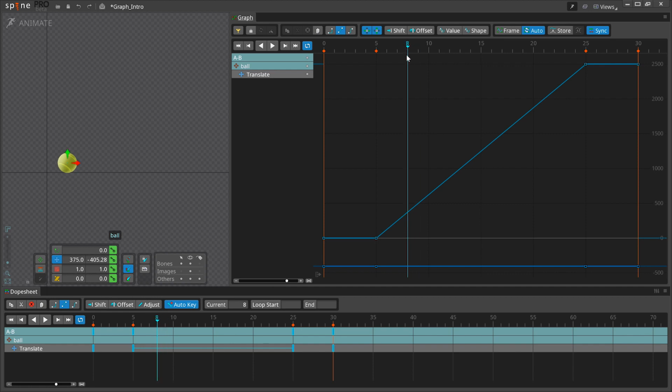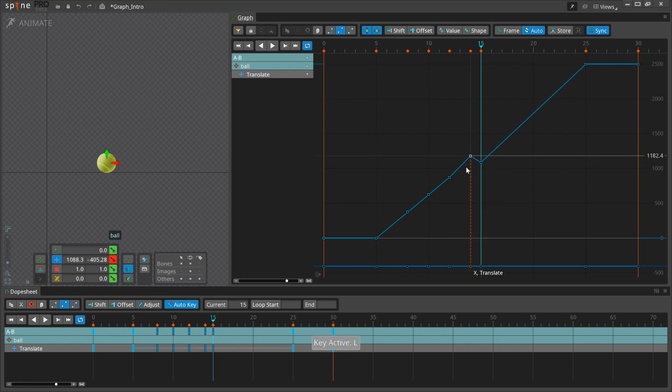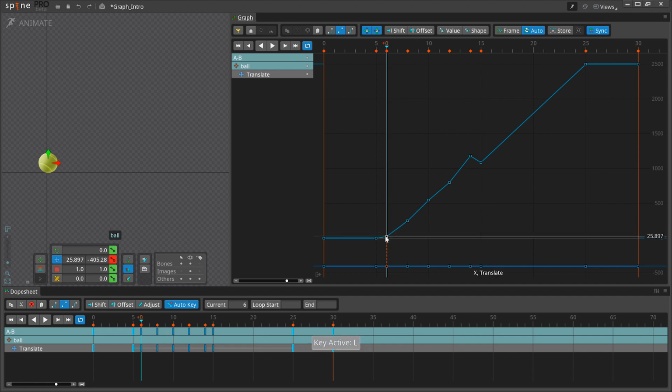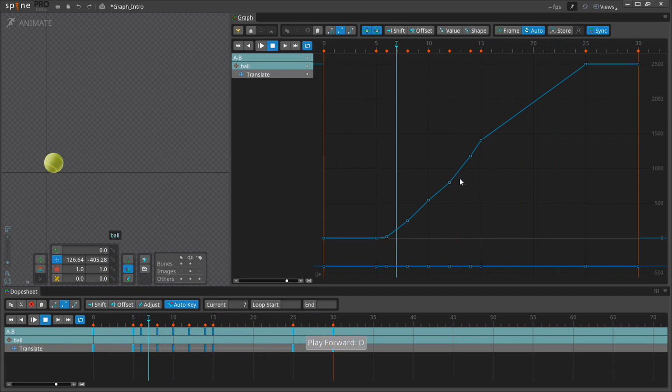You can do away with tangent handles entirely by converting your keys to linear, but this will require more keys to get graceful motion and timing. You could place keys every frame, and sometimes that is necessary for fast or precise movement, but is generally not an effective way to work because it does not take advantage of what Spine is best at: smooth in-betweens.